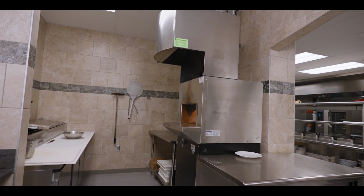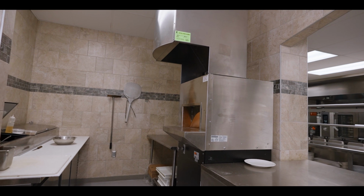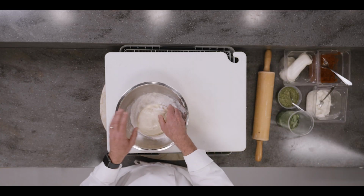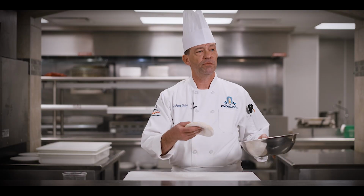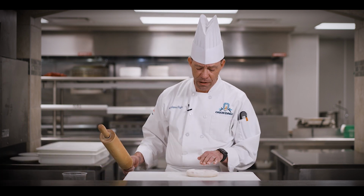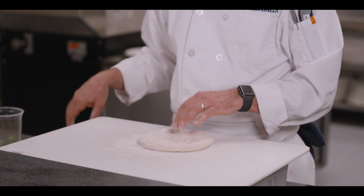Love this machine, it comes directly from Italy. And then we'll talk a little bit more about how the program is. So the first thing that we use is obviously pizza dough. We don't buy pizza dough. You can buy pizza dough, but we don't, we make it. It's naturally fermented. So I put a little bit of flour down onto the dough,